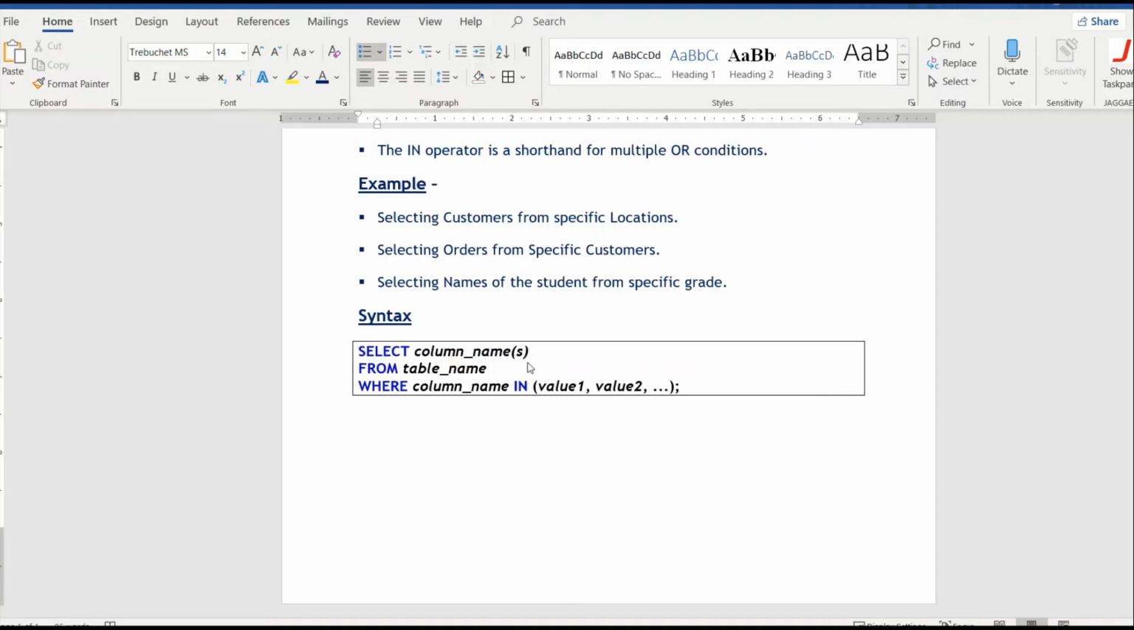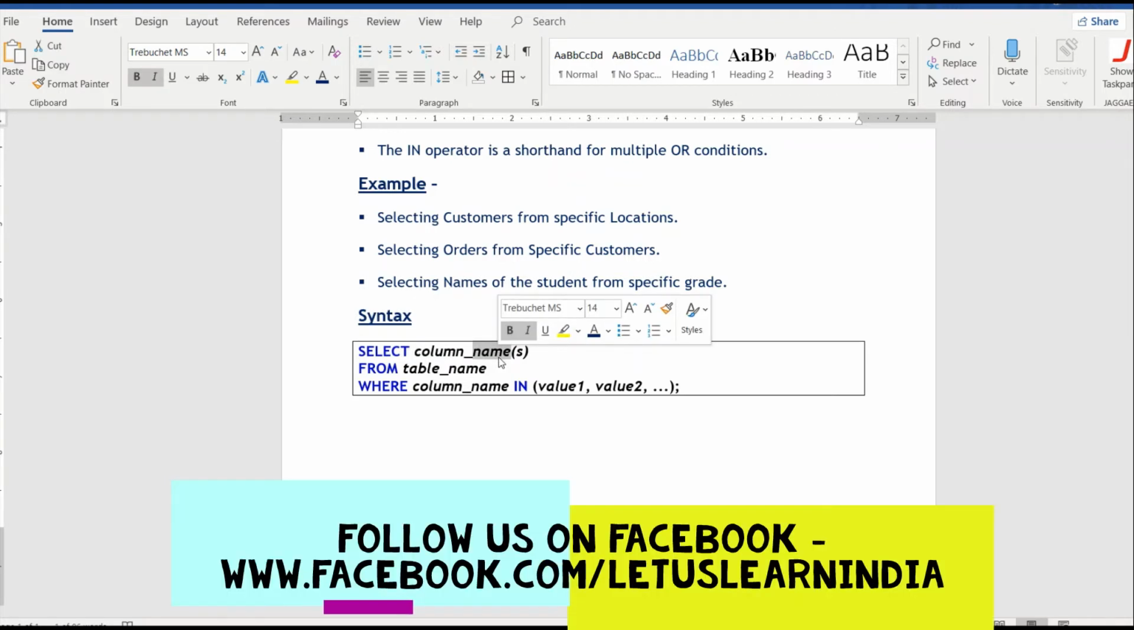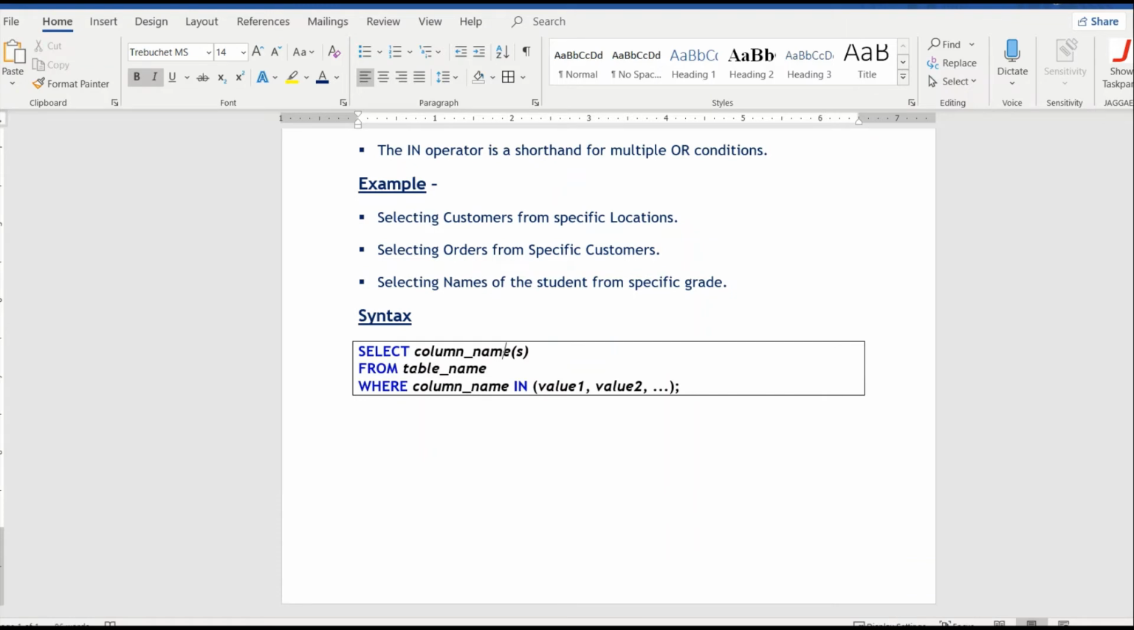Now let's understand how this in operator can be used in SQL Server. So this is the syntax. So first you have to specify the select statement as usual, because you are going to retrieve values from a particular column. You have to specify the column name after that, and you have to also specify the table name. So select column name from table name, and you have to apply where condition so that you can add an